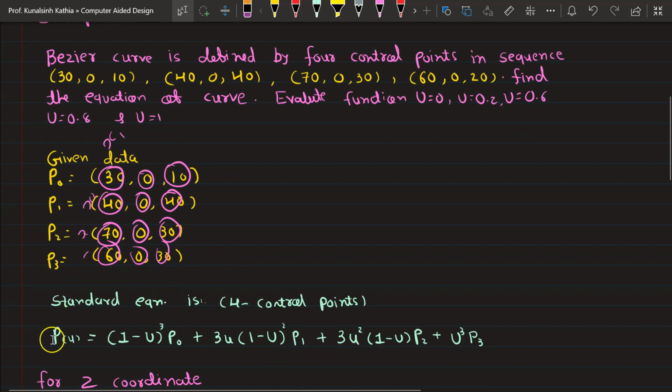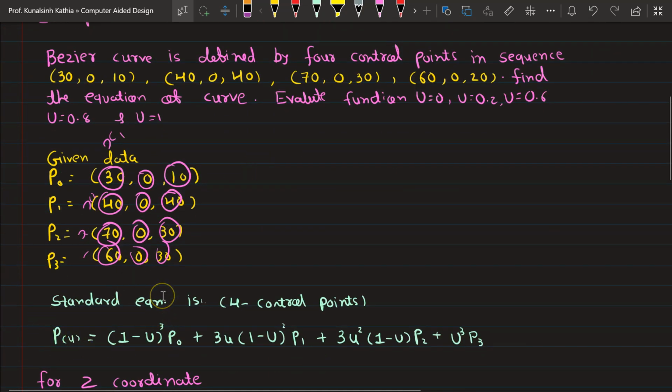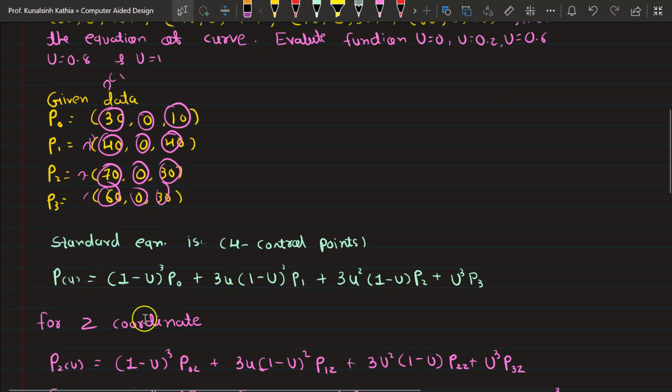The standard equation which we have written and I have shown you, the same equation I am putting here. Now we will start calculating this equation for each and every coordinate. So you will get a total of 3 parametric equations, for z, for y and for x. Let's move on with the z coordinate first. For the z coordinate, all the values of P will be replaced by the value of z. As I said, this will be z1, this will be z2, z3